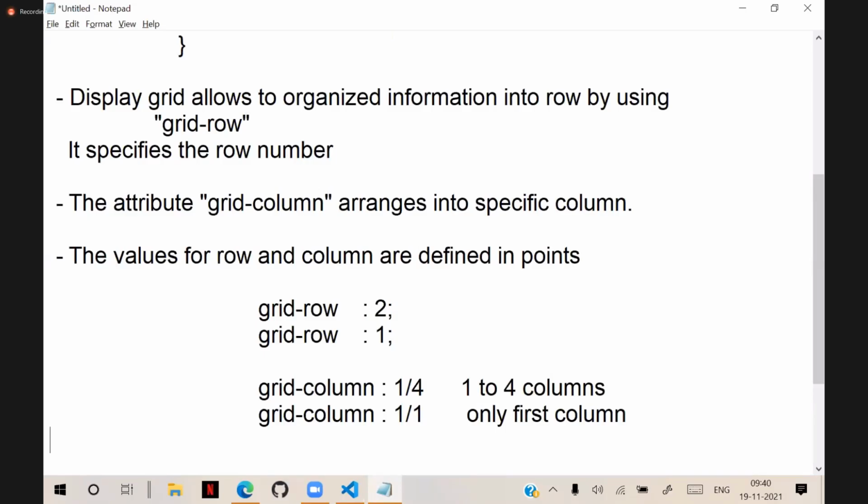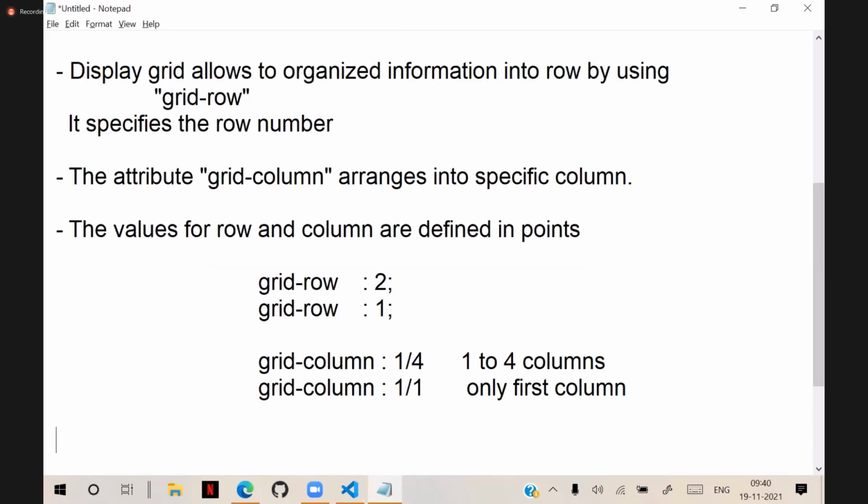That is how it can arrange the content. So when you are organizing information, that is important. This type of layout is also very much required on some occasions, and it is responsive now. That means, see,